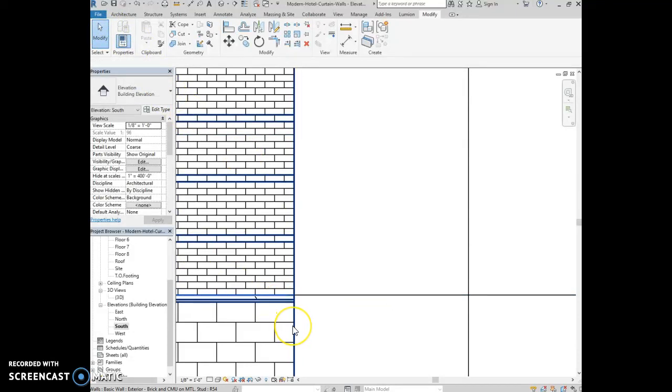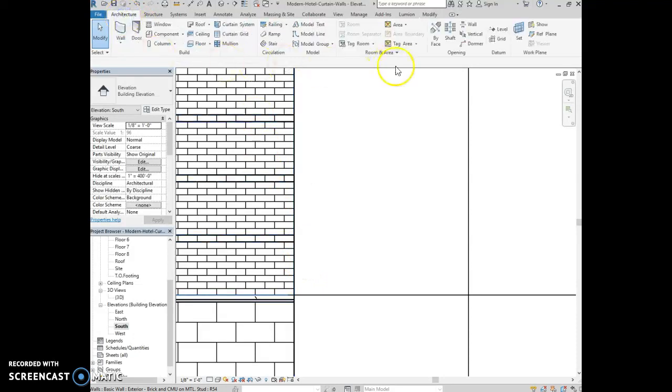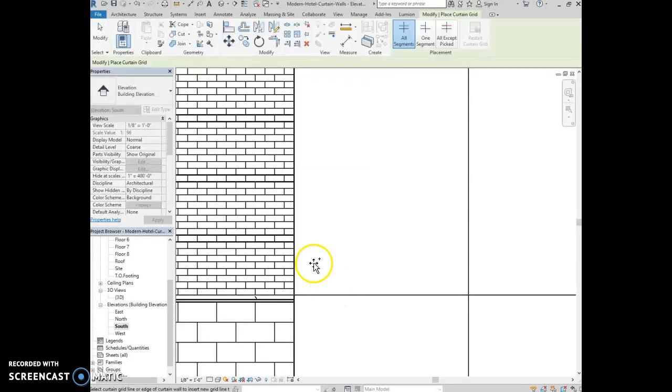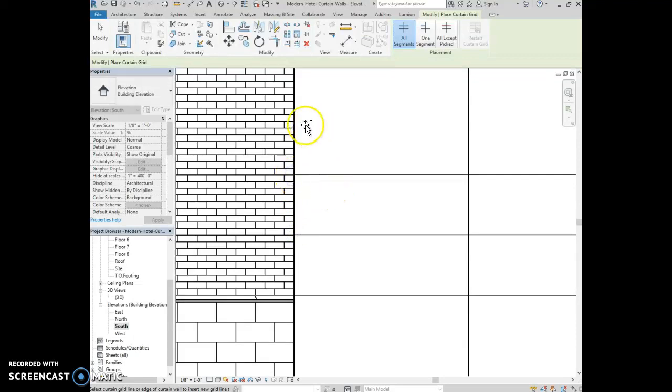Now I'm going to add 3 more grid lines, and I'm going to align them with the top of the reveals. So to add a grid line, I'm going to go to the Architecture tab, and I'm going to look at the Build panel. So here's Build. I'm going to select Curtain Grid. I'm going to come over, and actually I'm going to try to see if I can place them perfectly. I'm going to click at the top of the reveals,